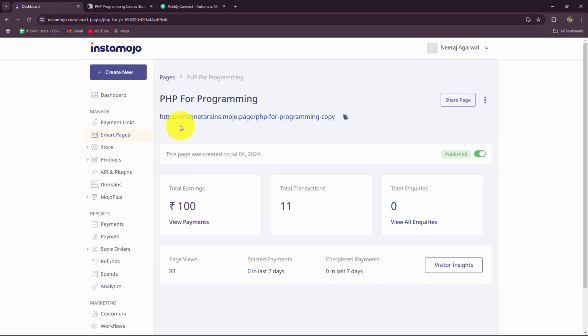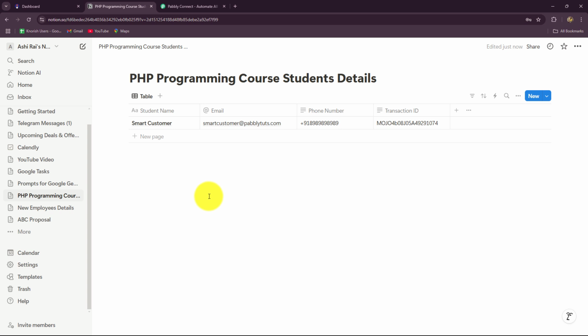So here I am an online educator and online course provider. I am selling my course with the help of the payment gateway, that is Instamojo. My objective is that for this PHP programming course, whenever a student who is interested makes a payment which is successful, I want to add the details of that student in my Notion database for further record,